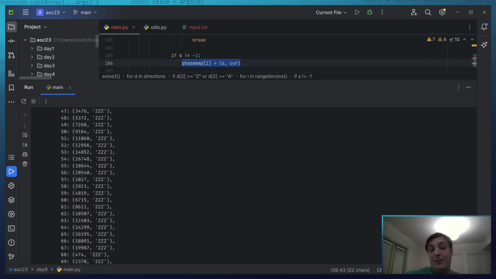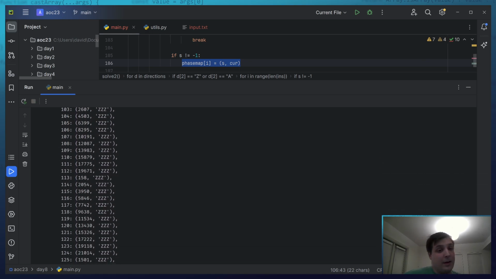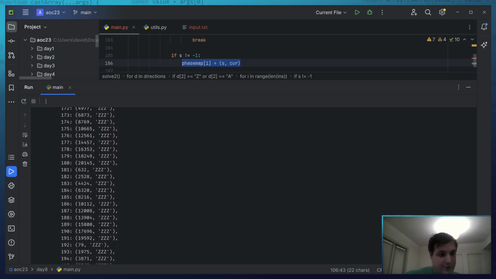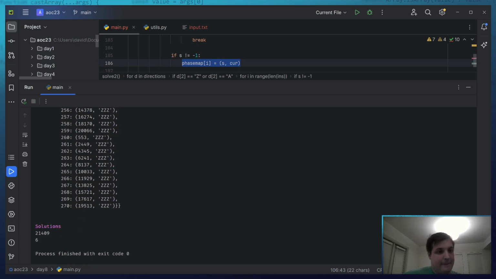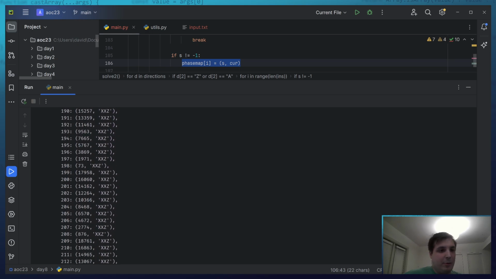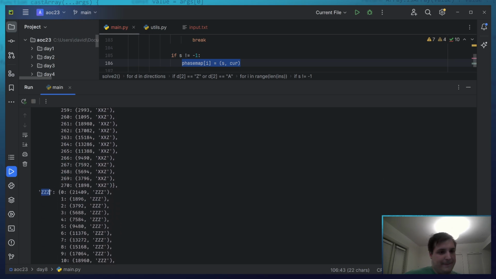It still seems like, I just want to put that out there, that these are self-sufficient loops. But we're getting more holistic maps here. So ZZZ, if we are at ZZZ at phase 0, then it will take us 409 steps to reach ZZZ again.